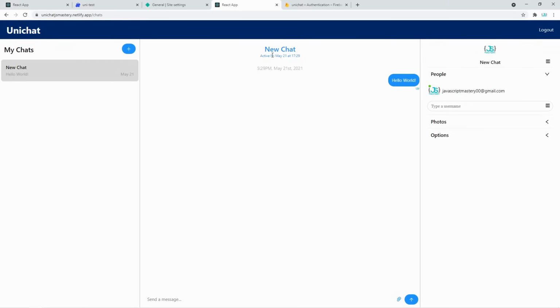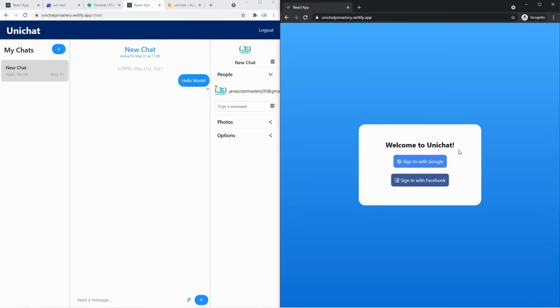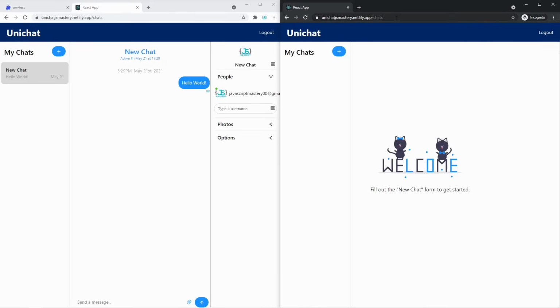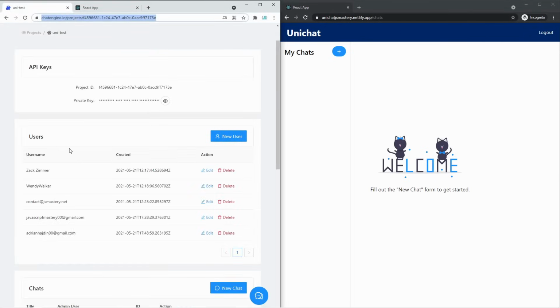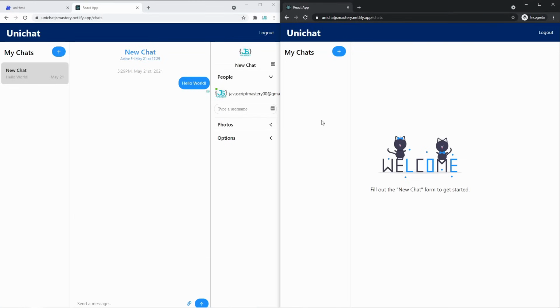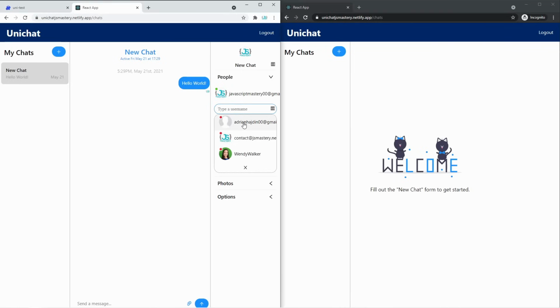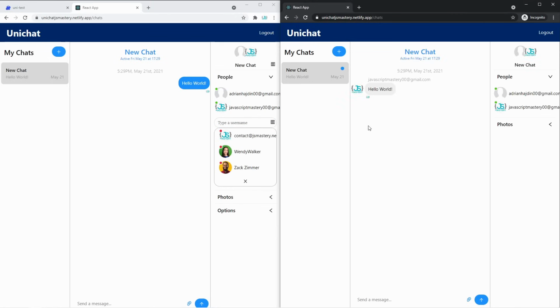Now to test this out properly, let's open up a new window and see how a friend would join our chat. On my new window, I'll try to sign in with Facebook just to make sure that that works as well. If you're logging in with the email that you previously used on your localhost, make sure to go to Chat Engine and then delete that user from there so that it can be created again. If you do that, you should see that we have a new chat. And now from JavaScript Mastery, we can add that new user right inside of here, and they should be able to communicate freely. I'm gonna say hello there,